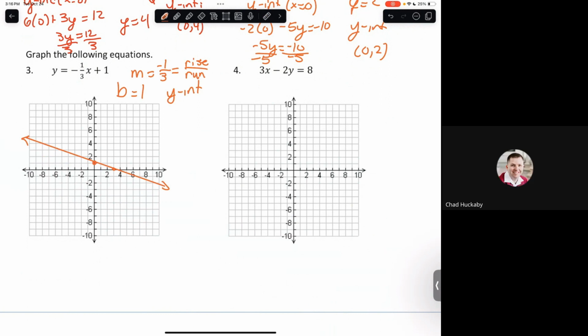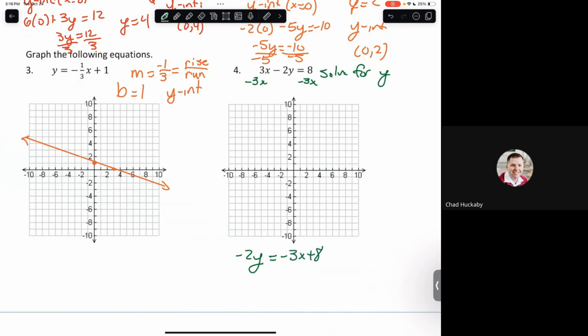Okay, 3x minus 2y equals 8. What do you want to do first? How do we want to graph this line? Well, the first thing I want to do is solve for y. So I can subtract 3x from both sides to get negative 2y is equal to negative 3x